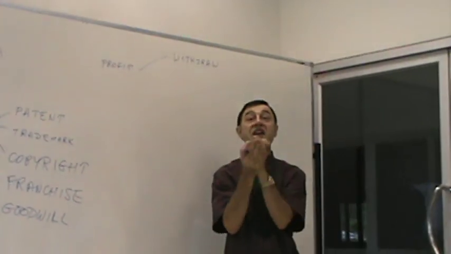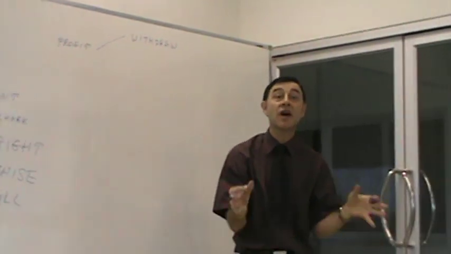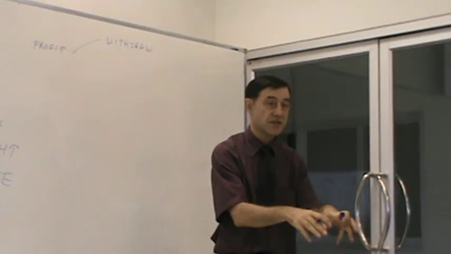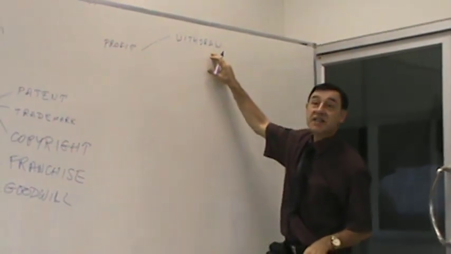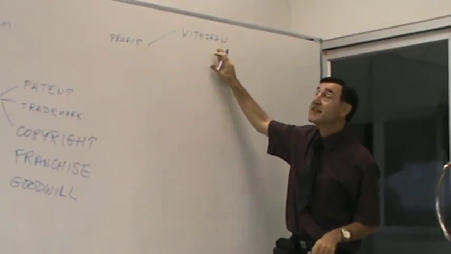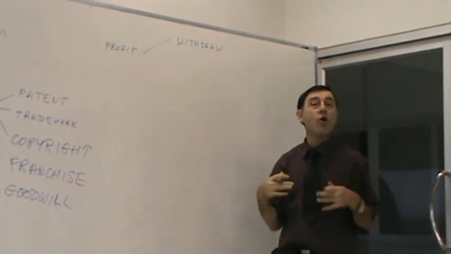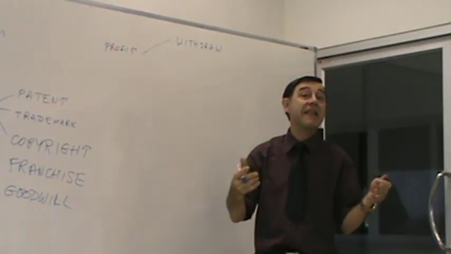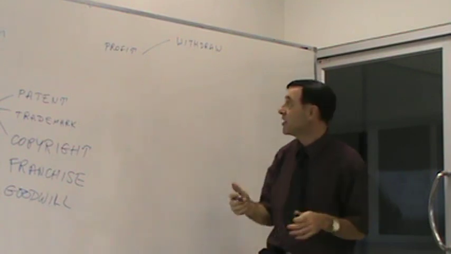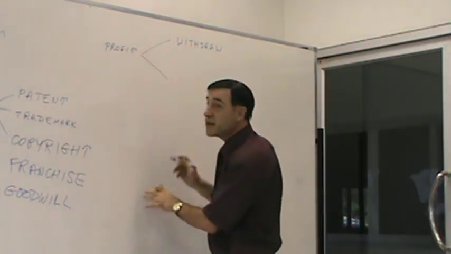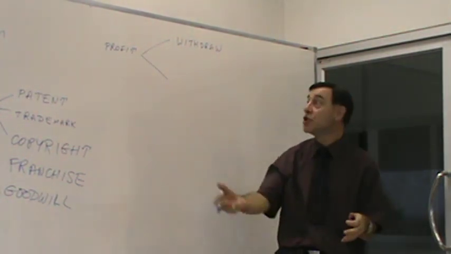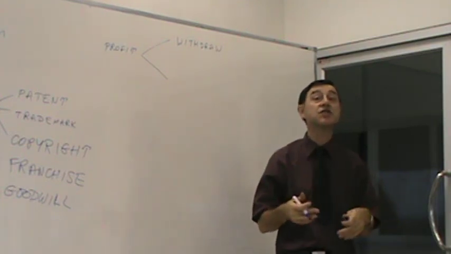One is you take it out of the business, and the other one is you put it back in the business. When you take it out of the business, we say you withdraw, it's a withdrawal. The owner uses it for spending, for shopping, for vacation, whatever they do. The other one is when you take the profit and you don't withdraw, you put it back in the business, we call it